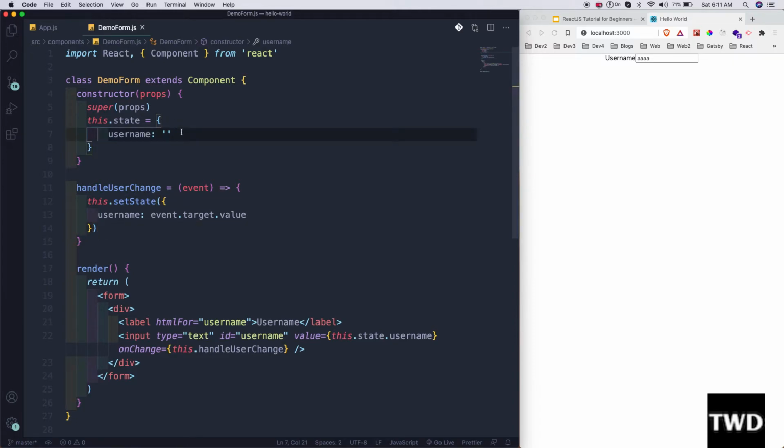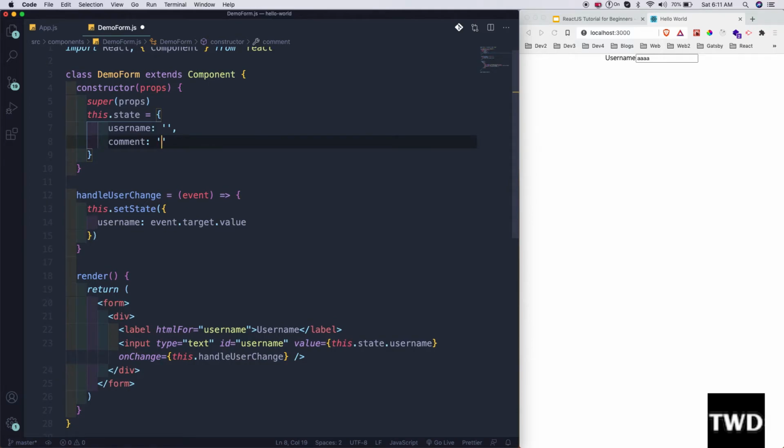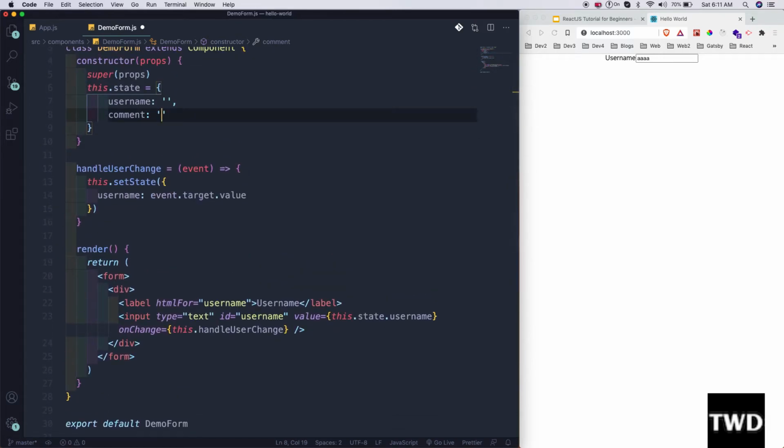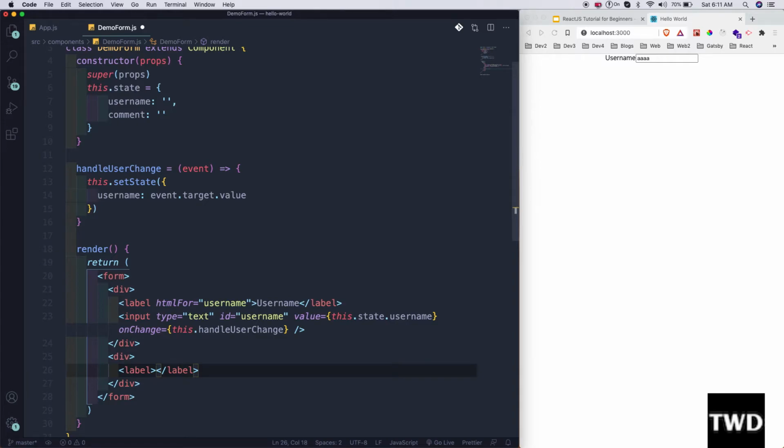So I can create additional state, so it will have a comment state variable, comment, and then a div, label, and the label will be called comments, and here htmlFor equal to comment, and then